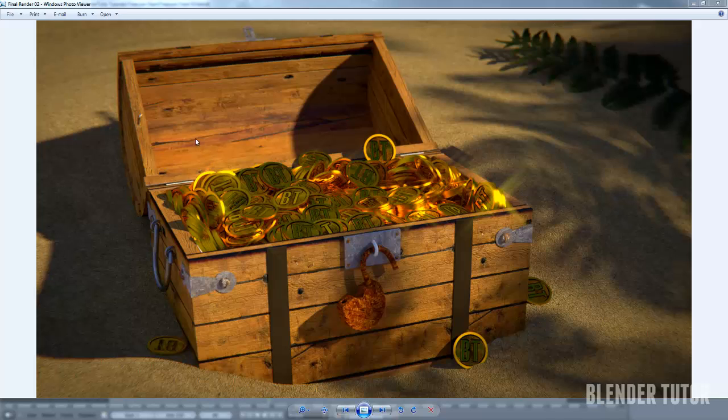In this tutorial, we're going to go over texturing a treasure chest in Blender, so let's get started. So this is going to be our finished result. I'm going to provide a pre-made model already for you. I will go over a little bit about how I created it, but mostly this is just going to be